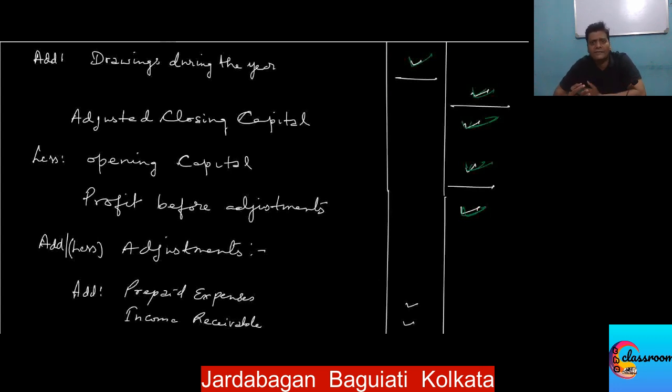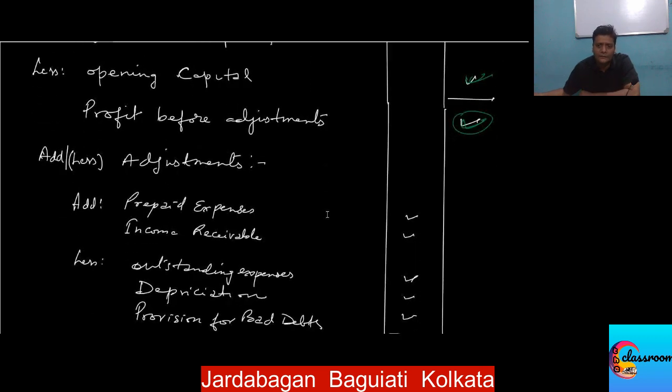When we consider the closing year balance sheet, we did not consider the revised or adjusted figures of the assets and liabilities. For instance, the fixed assets figure might have changed because of depreciation. The debtors figure might need to be changed because of the provision for bad debts. Similarly, there may be some outstanding expenses, some prepaid expenses, or income receivable. All of these adjustments, which are generally carried out at the end of the year, have not been adjusted into the accounts. So we need to adjust this profit.